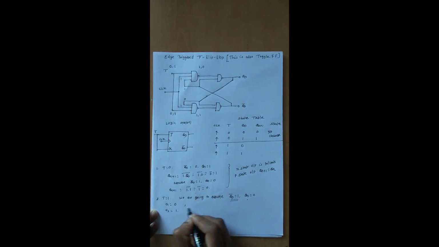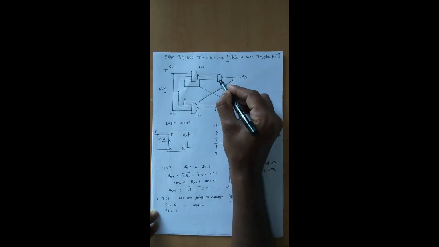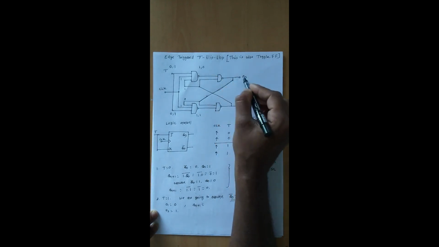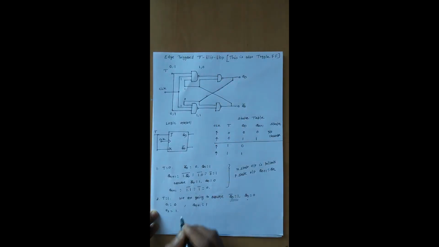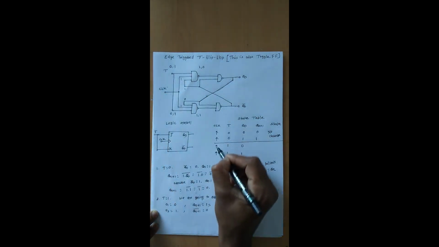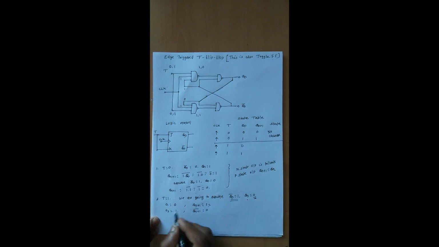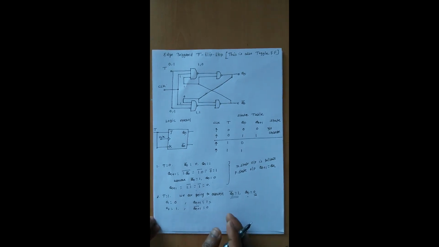So for Q of N plus 1 from this gate, what is the value of the input? It is 0. If any one input to a NAND gate is 0, then the output Q of N plus 1 is 1. So Q of N plus 1 bar is also 0. Here the value of Q of N is 0, and the next value Q of N plus 1 is 1. So when we apply clock pulses, either positive edge or negative edge, the output is going to change. It will be first 0, then it will be 1. So this is called the toggling condition. Let's assume one more value.